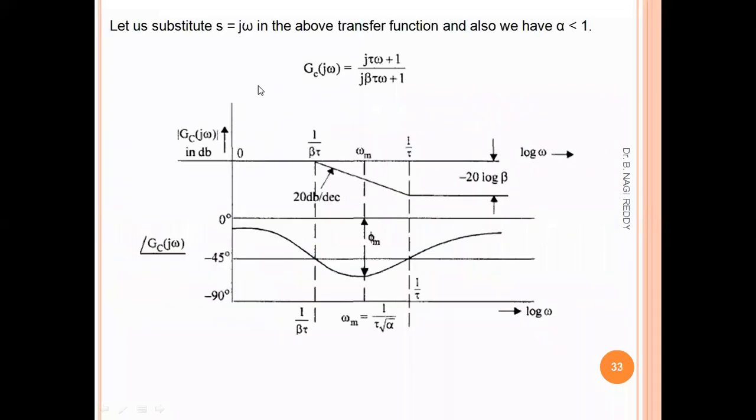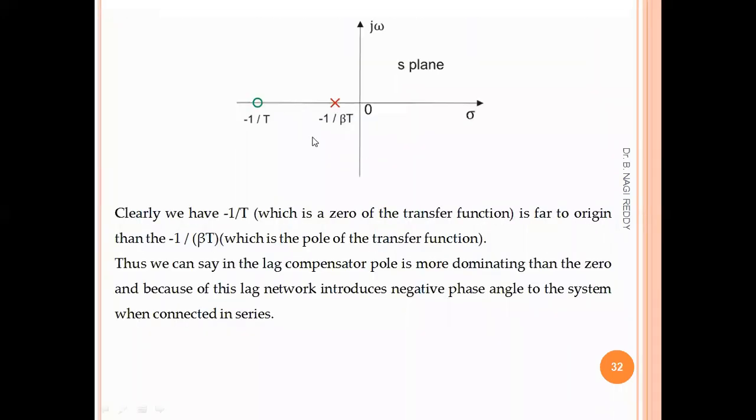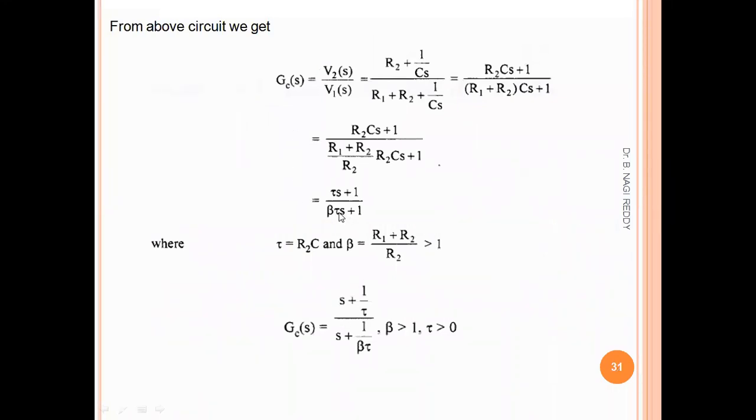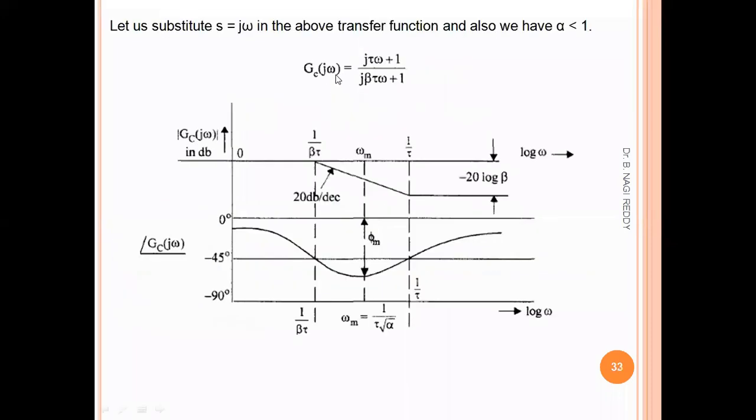Okay. And next, you can see the given transfer function, which is GC of S. This is the given transfer function GC of S. This is in S domain. If we want to do the stability analysis in frequency domain, then we have to convert this S domain transfer function into frequency domain transfer function simply by substituting S is equal to j omega. Now substitute S is equal to j omega in the place of S in this transfer function.